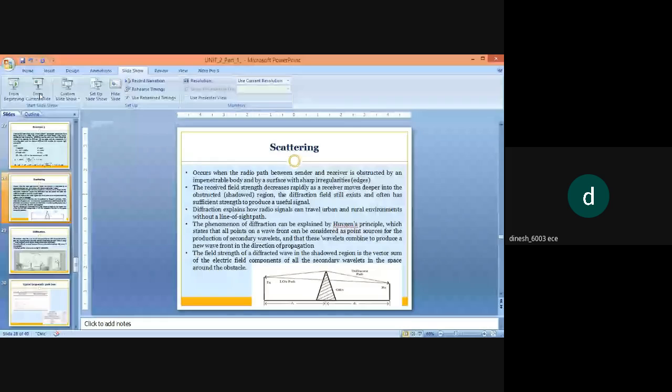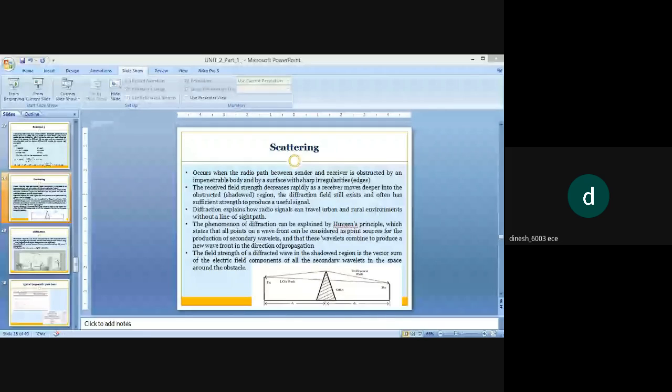So this scattering occurs when the radio signal, as shown in the figure, or a radio path between a transmitter TX and a receiver RX is obstructed by an impenetrable body, which means that the signal